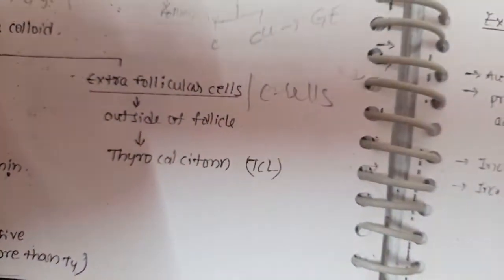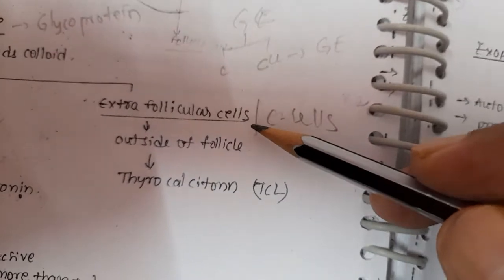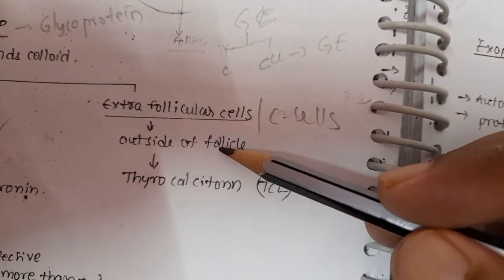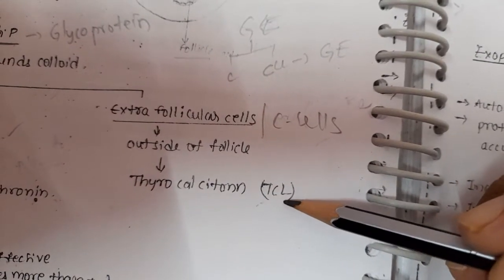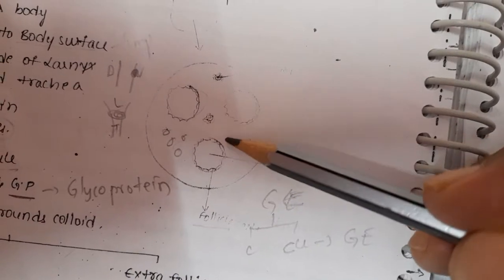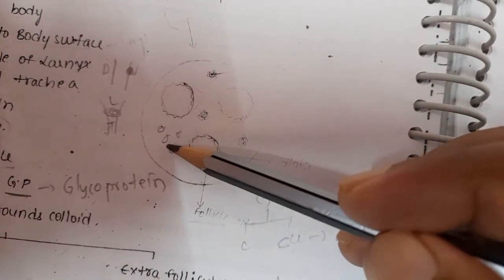thyrocalcitonin. Next, there is another part here. Around this follicle, in these spaces, there are extra follicular cells called parafollicular cells, or C cells. They are present outside the follicle, and they secrete one hormone called TCT, thyrocalcitonin. Observe this diagram, and these are follicles. The follicles produce T3, T4, and the parafollicular cells are outside